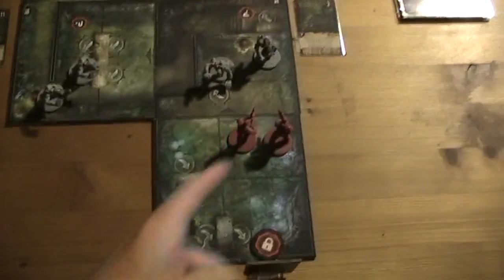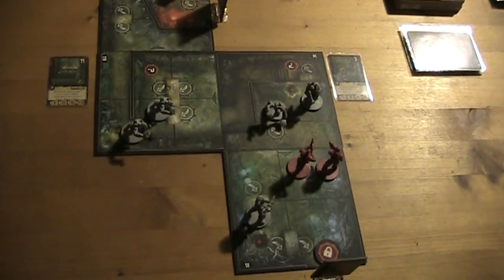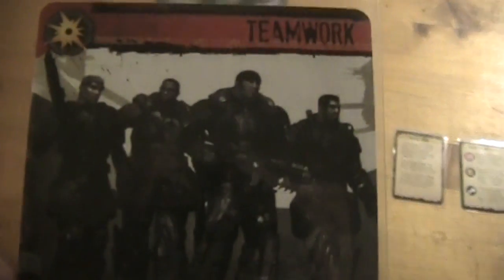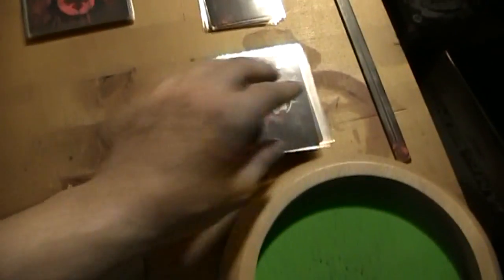Okay, so right at the beginning I'm already a little bit in trouble. I'm not in cover, so I'm a sitting duck to these three guys here. And I don't really have good cards. So, yeah. Guess what I'm going to do is first I will play here teamwork. So that's a card that allows me to draw one card. And then...